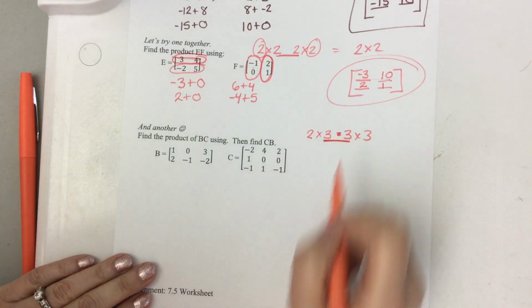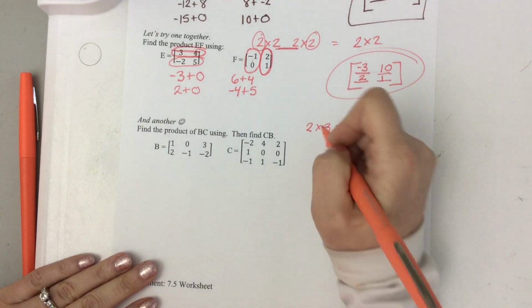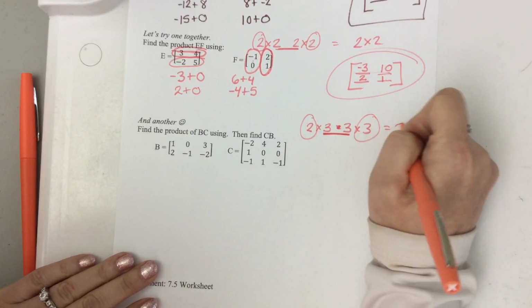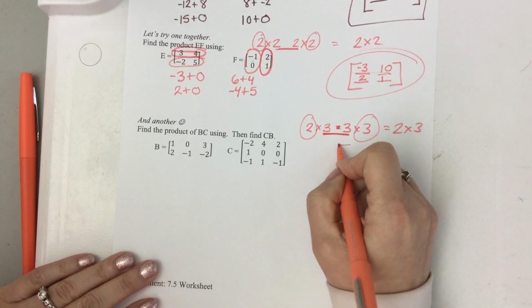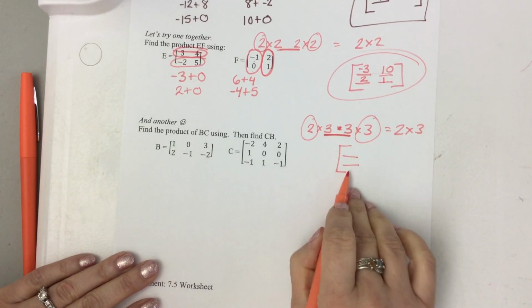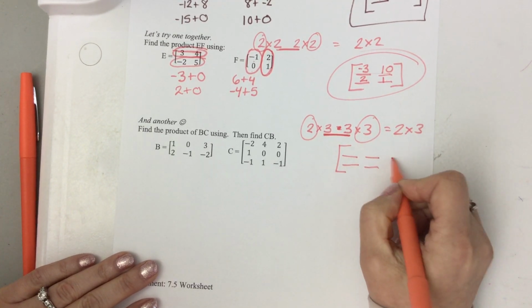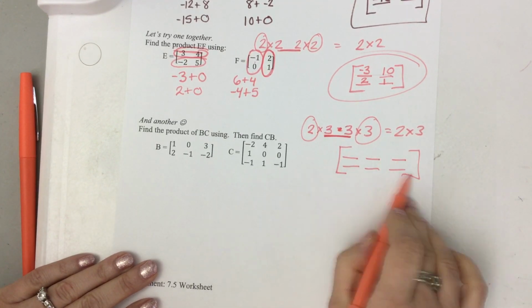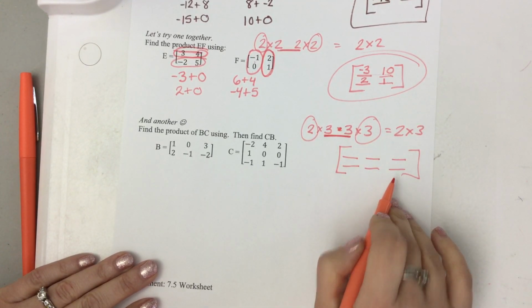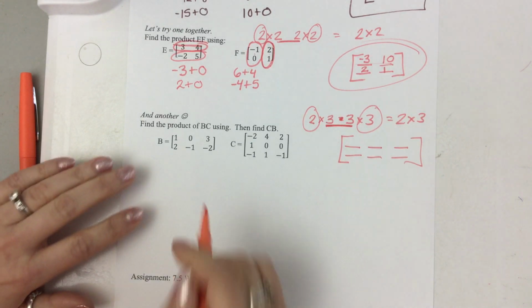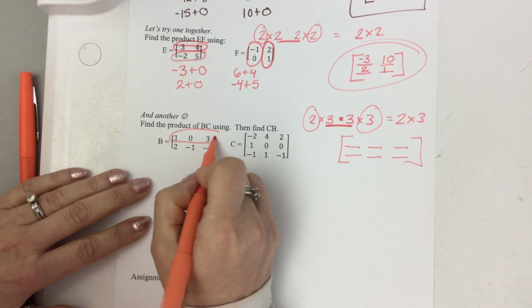The middle two numbers match. So yes, there is a product. Your solution is going to be a 2 by 3. So it's going to look like this. Horizontally, I would have 2, but vertically, I would have 3. 2 rows, 3 columns. Okay, so now when I go ahead to multiply this time I have 3 numbers, but